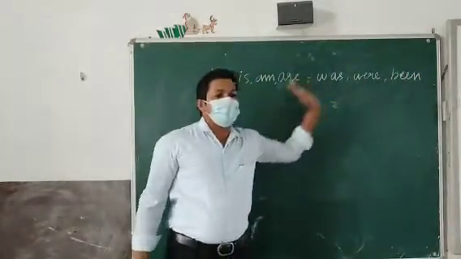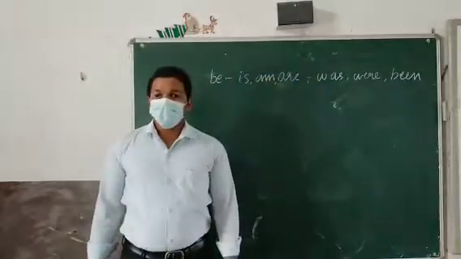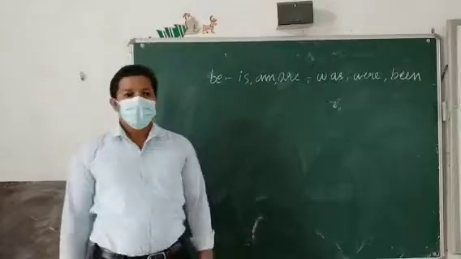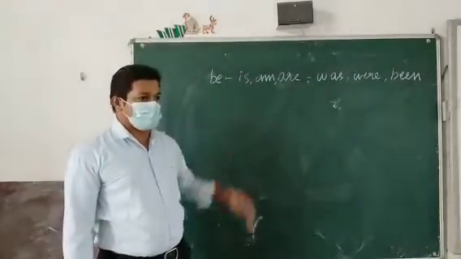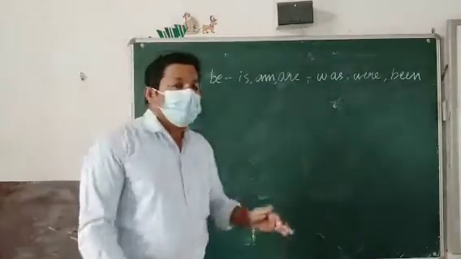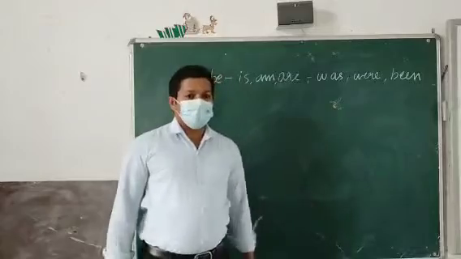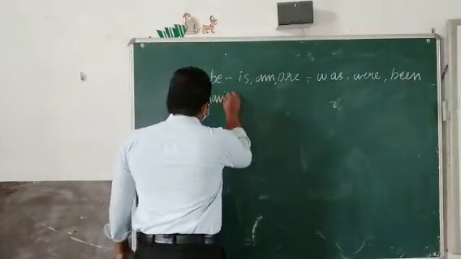There are so many forms of only one verb. All these forms are be-form verbs. According to the situation, these will be used mainly depending on the subject. Whatever the subject is, based on that, these different forms are used. Understood? Then the next verb is have.